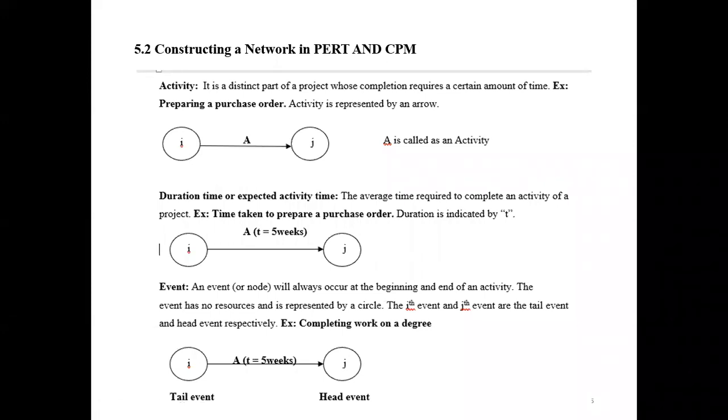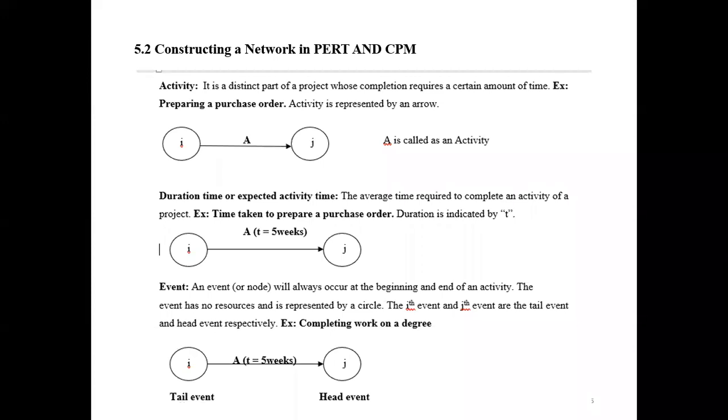So there will be a starting time of 0, but we start with this node. We can call this an event. Then from that starting event, activity A starts. When activity A finishes, we make it an event. Then another activity will start from here. Simply, this is the way we can construct the network diagram.